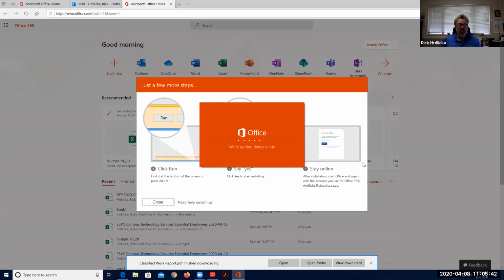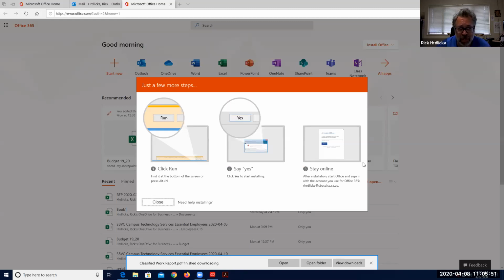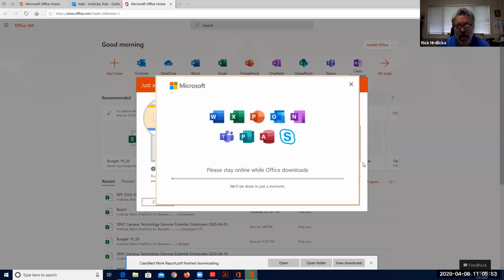Okay. Now, if you have one of our computers that we've checked out to you, you already have Office installed in the computer. So you don't need to go through this process, okay? But if you want to use these apps on your personal device, so you don't have to buy it, right? You're doing work for the school district, right? You can install this on your personal device. This is going to take a few minutes, but I wanted to walk everybody through the install process so that you understand how to get it on your computer at home. Okay,